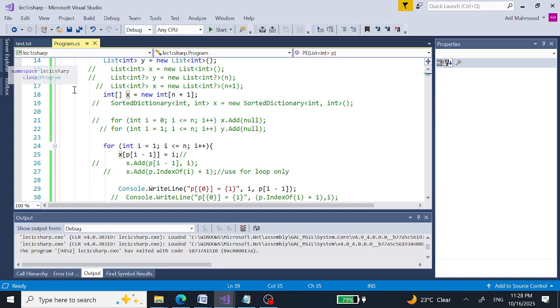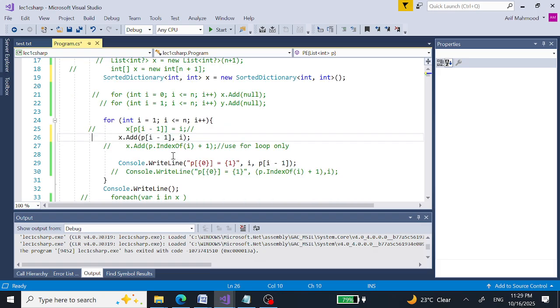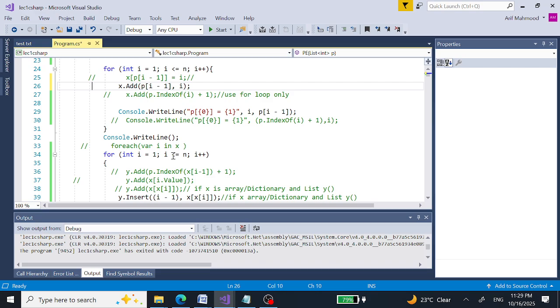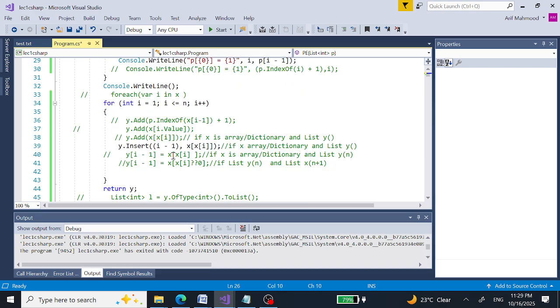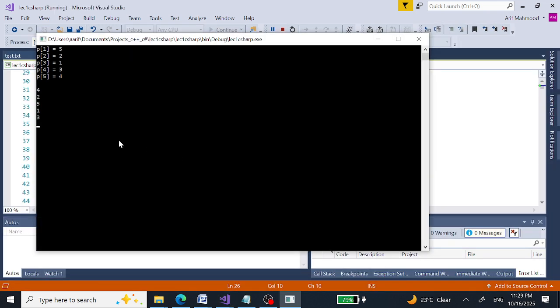Now let's change this code and see if we use a sorted dictionary and define x like this using this sorted dictionary. So we can use this line again, or actually we can use this add function like this as well on our sorted dictionary. Rest is going to be the same, and on the dictionary we can use this same program as well, this insert function as well. You see,